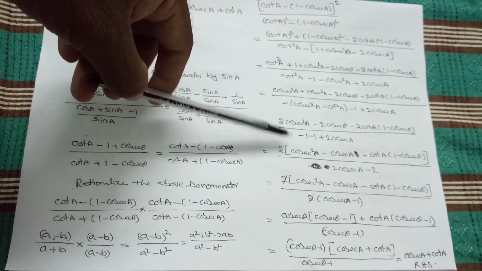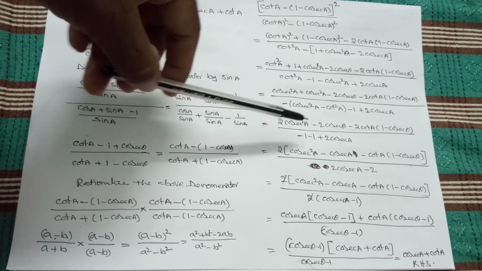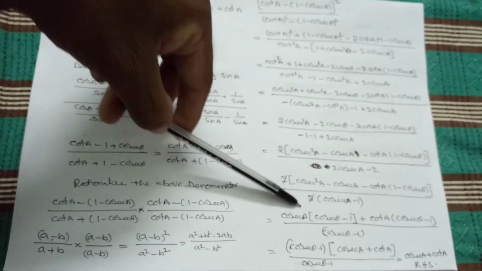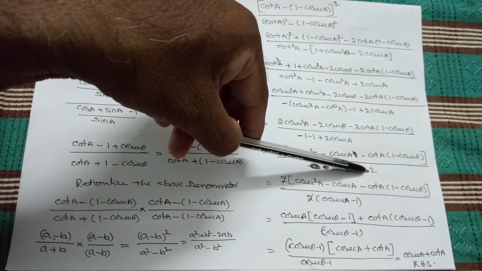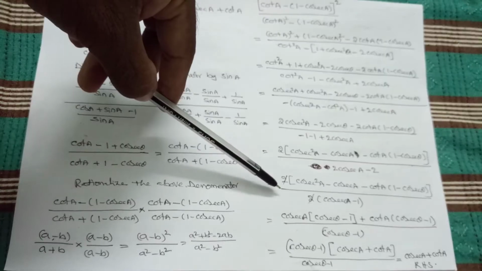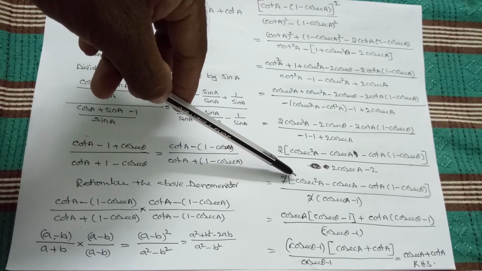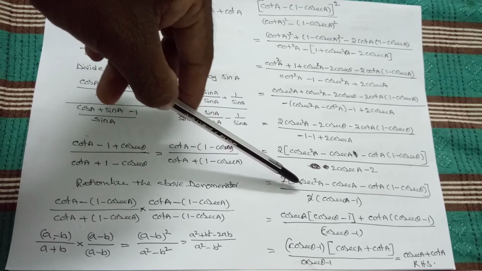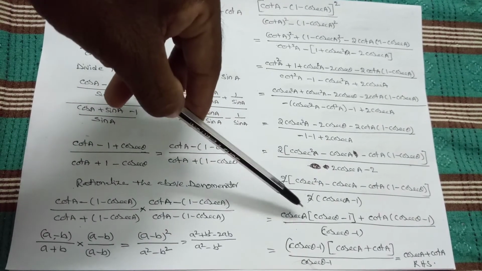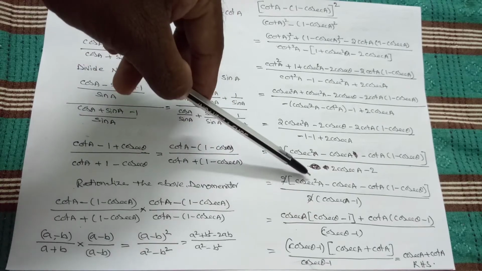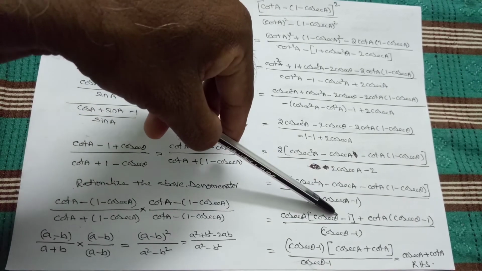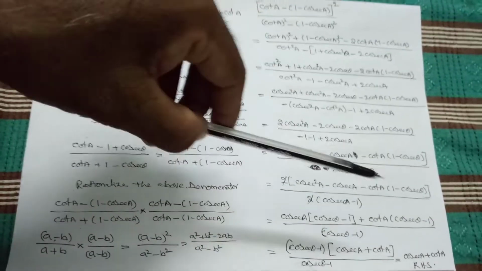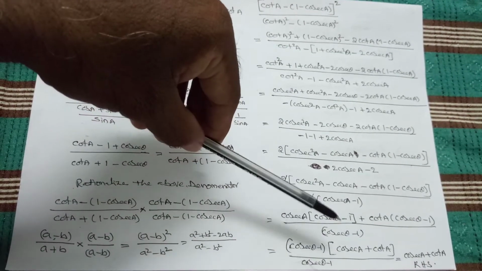Therefore from the numerator, here we have 2, here we have 2, here we have 2. Take the 2 common. And here also denominator 2 is there. Take the 2 common. It will be cancelled. Now cosecant theta can be taken out from these two. Therefore cosecant theta is equal to cosecant theta minus 1. Sometimes I am writing A, sometimes I am writing theta, but whatever it may be, it is the same.